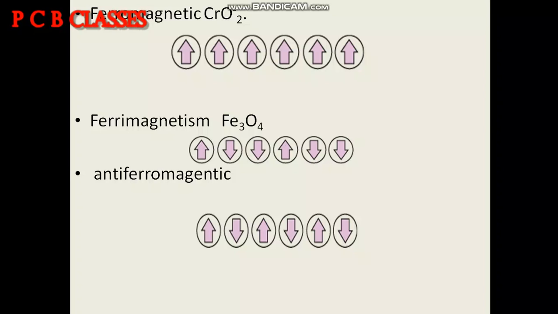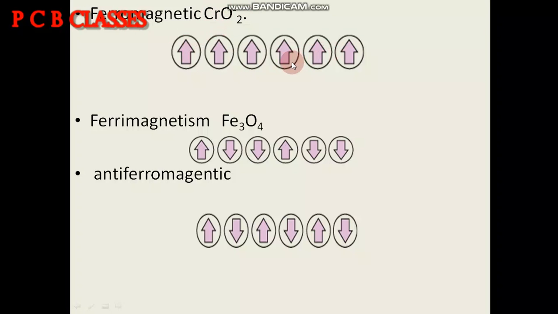Now in case of ferromagnetism, if you find out the electronic configuration of chromium, then the last orbital will have 6 electrons, and if all these 6 electrons are arranged in a parallel manner, as you can see in the diagram, then this is termed ferromagnetism. Okay, if you get unpaired electrons, you cannot assume that all the electrons are parallel or anti-parallel, so you have to memorize in which case the electrons will be arranged parallel or alternately. So remember that chromium oxide always shows ferromagnetic character because the unpaired electrons of chromium will be parallel to each other.